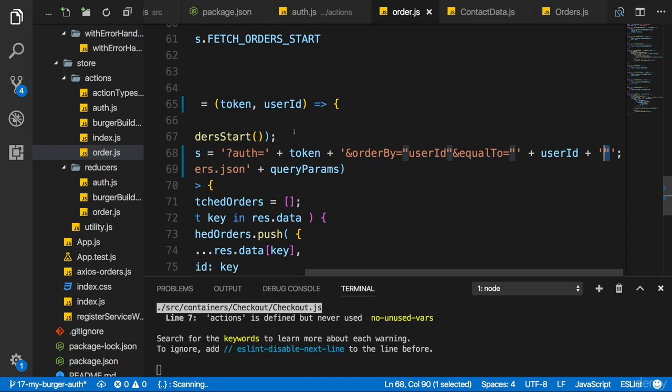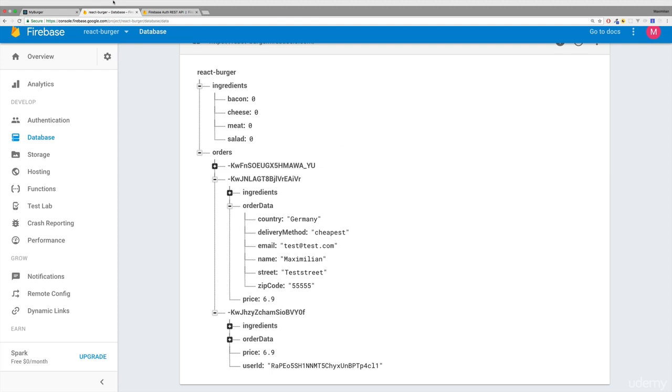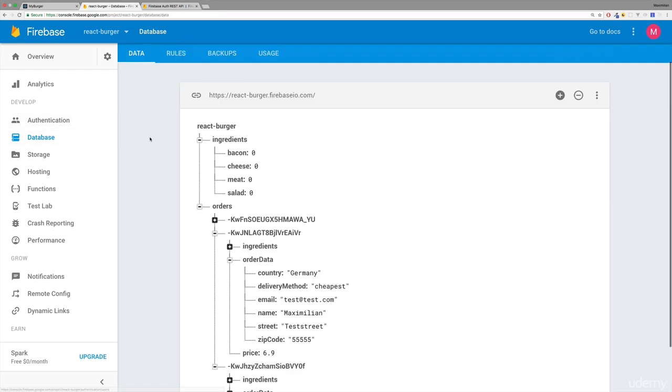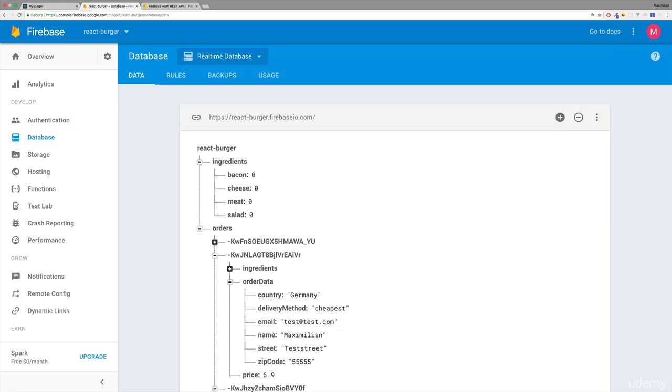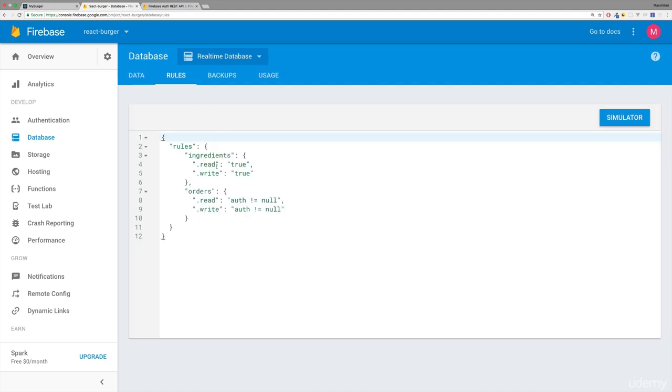With that, we've done almost everything, but we also need to prepare it on the back end. Here in Firebase, and that's just Firebase specific because we happen to use Firebase here. If you want to be able to filter data, we have to adjust our rules to make a certain field indexable so that Firebase can search through it.